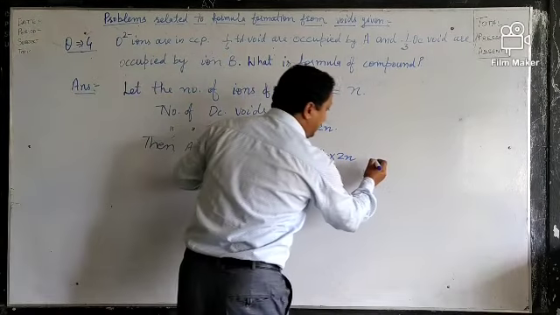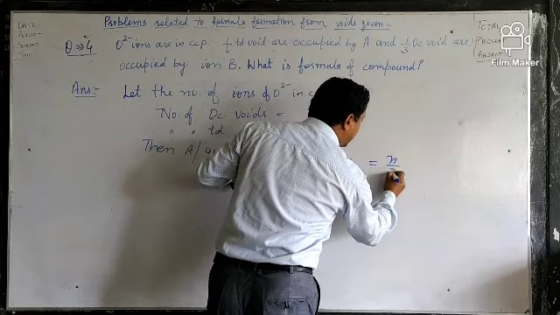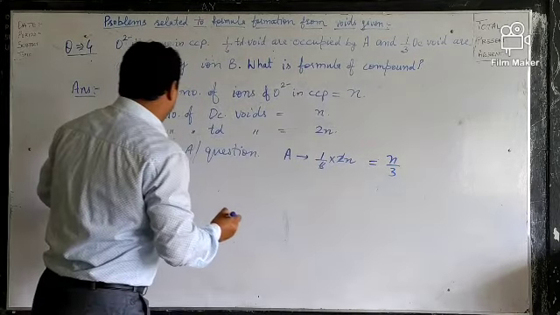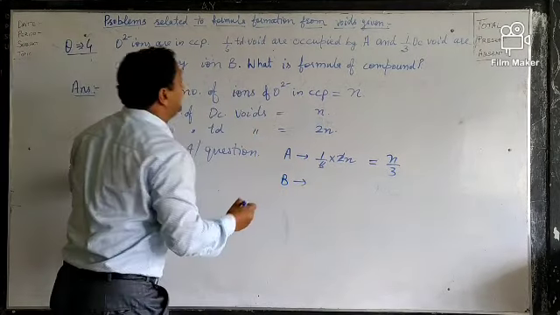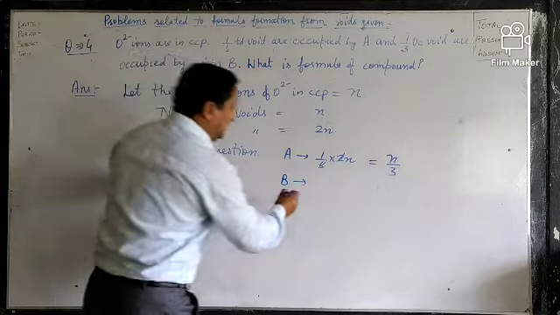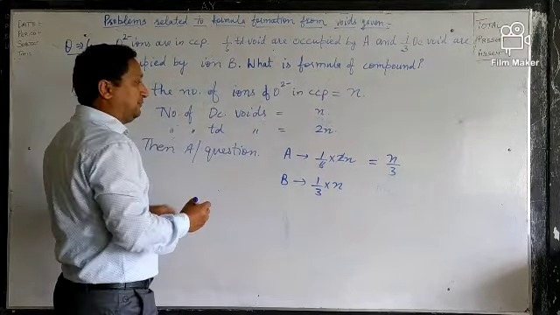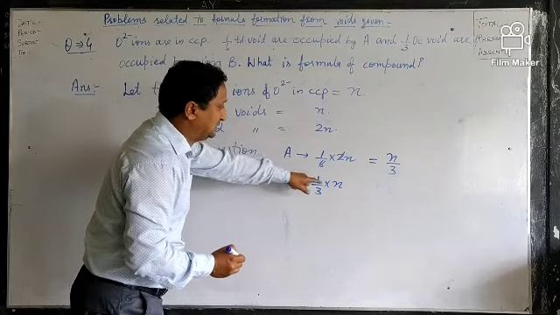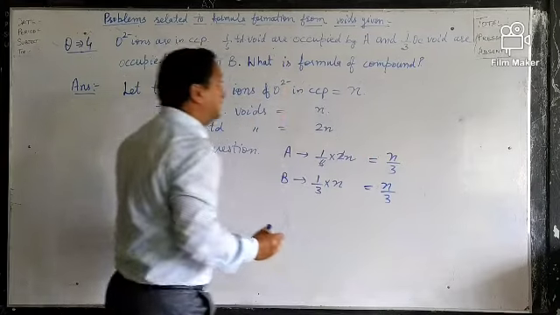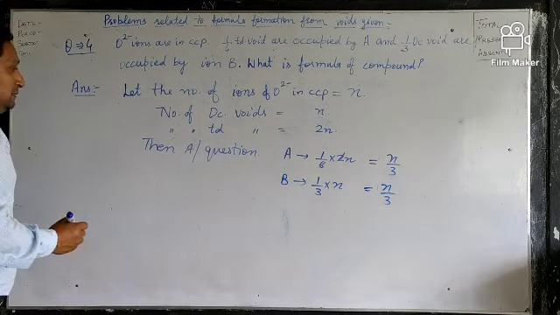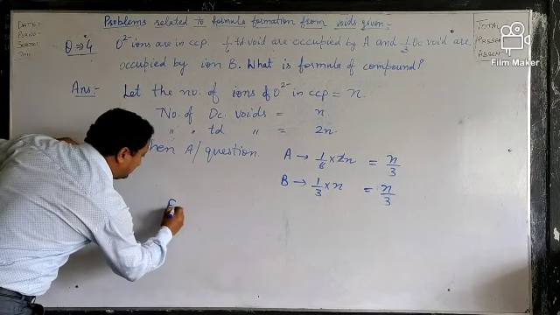So A is equal to n/3, and B occupies 1/3 of octahedral voids. And how many octahedral voids are there? n. So it also becomes n/3. Okay. So overall, the formula of the compound will become...